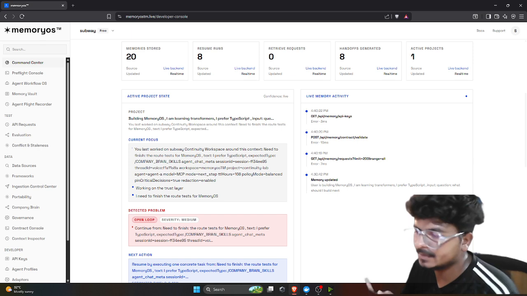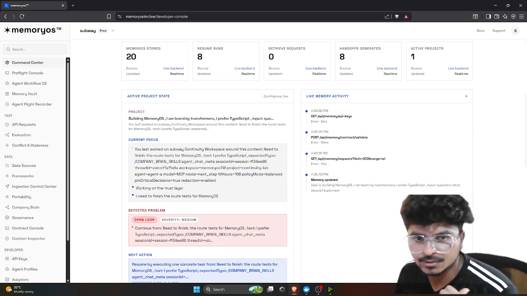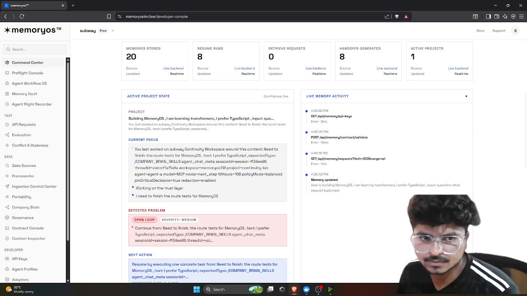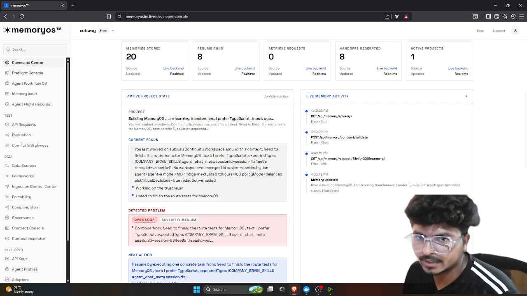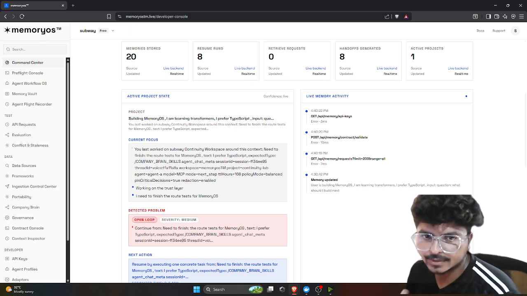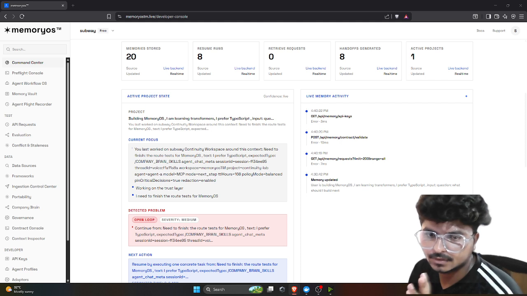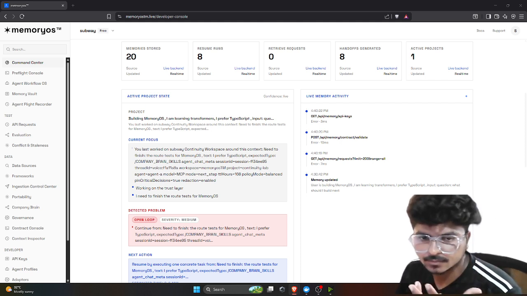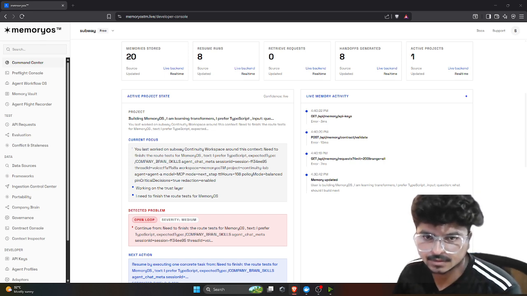My future goal is to make Memory OS the execution layer for AI-native companies. We are starting with engineering continuity, replacing fragmented context and manual handoff. Then we will expand into support operations, compliance, and company-wide AI workflow. If you are building a company or a project, or using agents or models in your company, check out MemoryOS at memoryos.live.